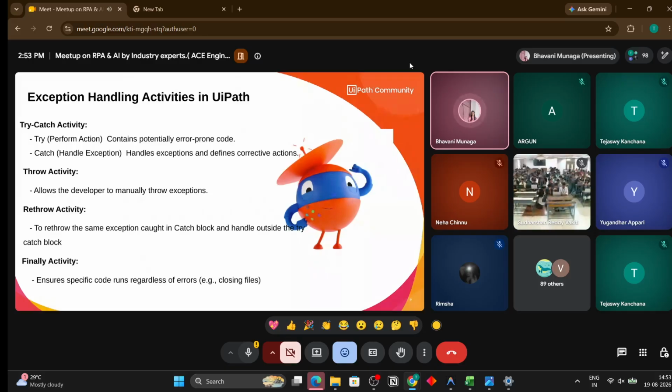So as I said, there are different types of handling. We have try catch, and there are throw, rethrow, and finally. Using try catch, you have to place your activity inside the try catch block, and then it will handle those exceptions, and it won't interrupt the automation flow. The throw activity is used when the workflow hits an error. If you place a throw activity, you can throw the business exception so that you can see it in the logs. So this type of exception I have saved. And the finally activity as well, where irrespective of the errors, this block will execute.